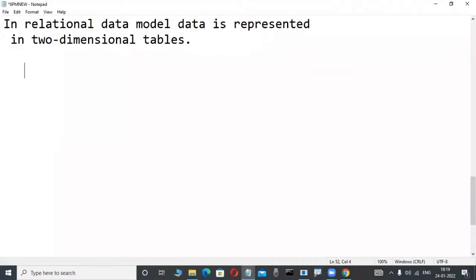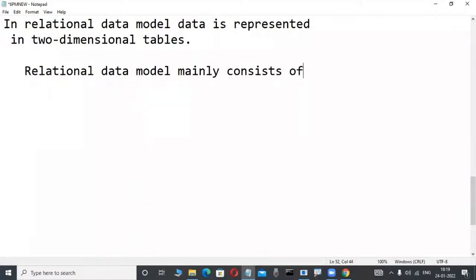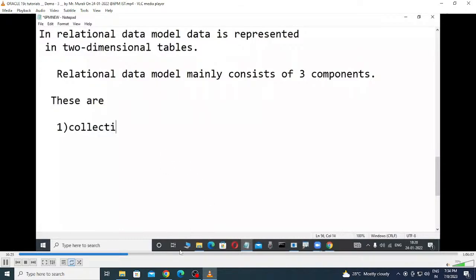Any relational data model product we observe, a relational data model mainly consists of three components only. What are those components? You must be familiar with these names before we start our courses. What components are available? First observe here. Now check it out, concentrate here. What is the first one? Simple collection of